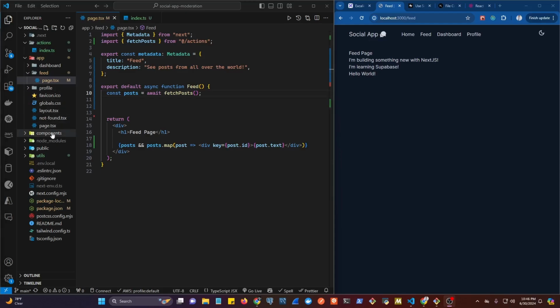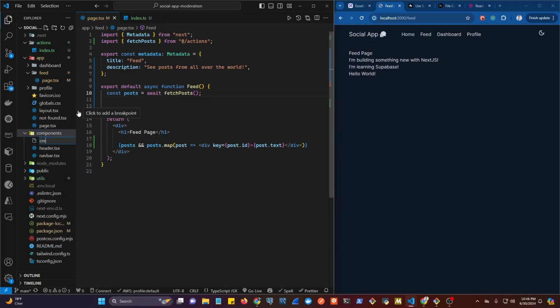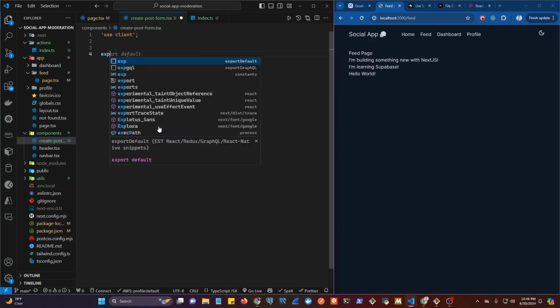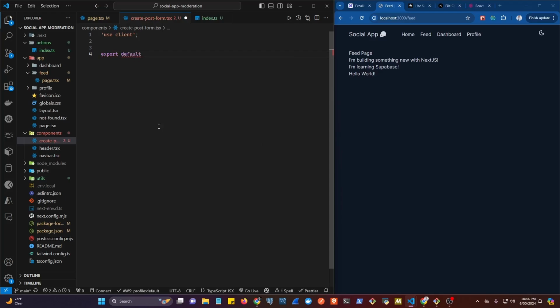So inside of our components folder here, we're going to right click, new file, createPostForm.tsx, and we're going to need to set this as a client component. So we're going to have the directive use client in here because we need to use our state hooks and a few other things in here. So we are going to export default function CreatePostForm,